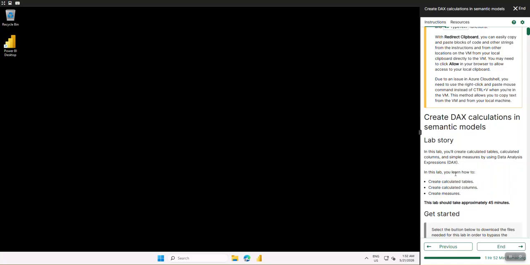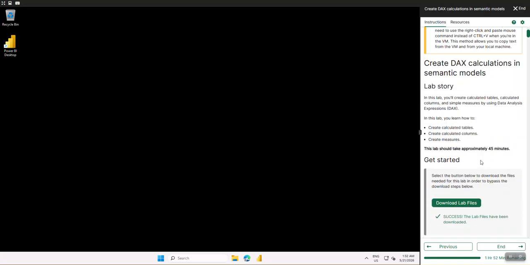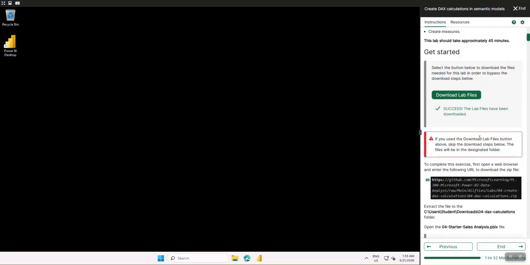Yeah. So in this case, we're going to be learning how to use DAX calculation, Power BI calculation in a semantic model, where we're going to be learning how to create a calculated table, a calculated column, and of course, you've created measures already. So we're just going to add to the process. But this time, we'll be copying and pasting a script that has been guided. Okay, so they're going to be giving us the script we're going to be using. So let's start with the first